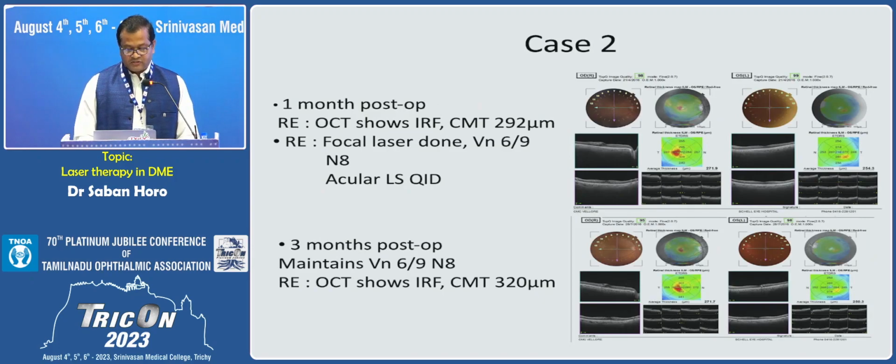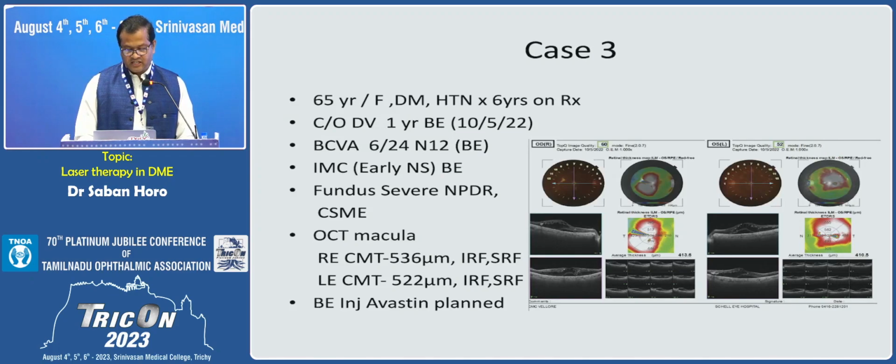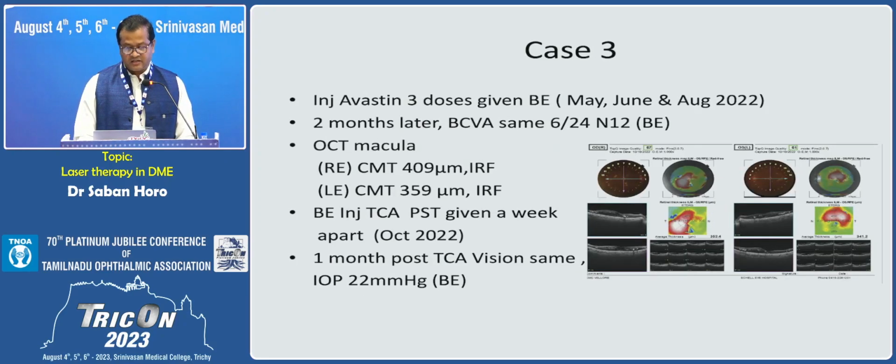And for this, focal laser was done, and the vision was 6/9 and 6/8. Case 3, again, immature cataract, severe NPDR, with OCT showing center-involving macular edema, and 3 doses of Avastin were given, where it had come down but not significantly, and we had given the option of